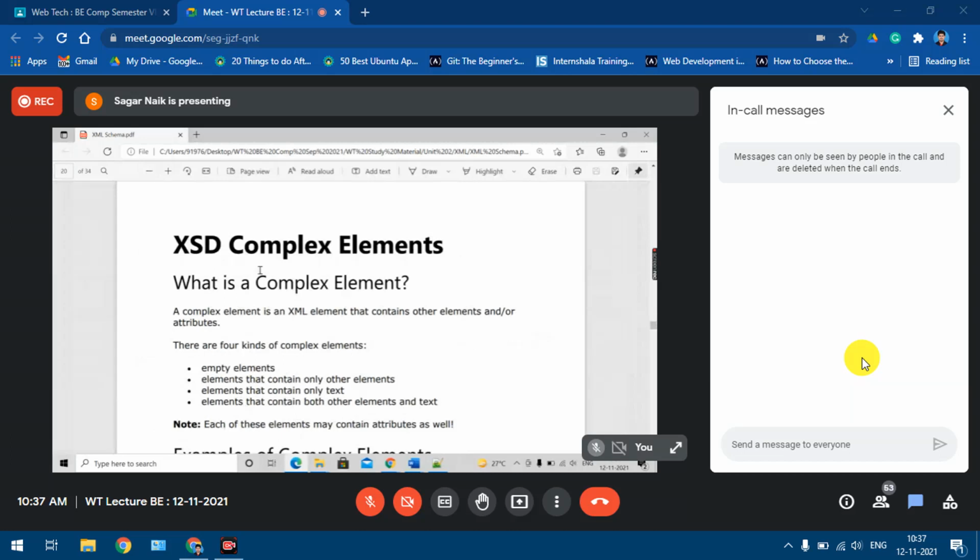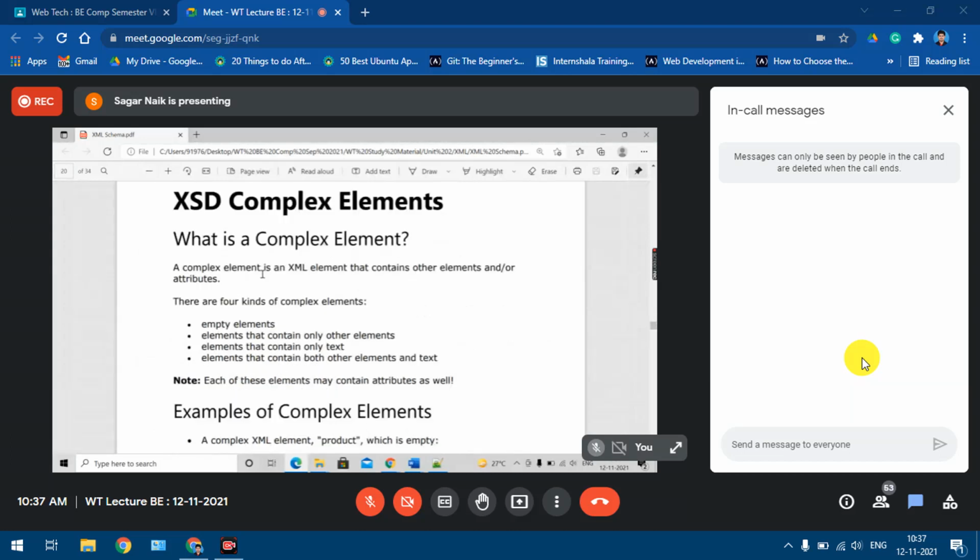Now this is the main core part of the schema: how we will be defining the complex elements. Even the experiment I uploaded, yesterday you must have seen the fourth experiment in XML, and there are many problems inside it. For a single file you need to write the XML file, validate it against the DTD, then write the schema also to validate, and write the transformation code also. The transformation I have not yet explained. That will be the last part of this XML.